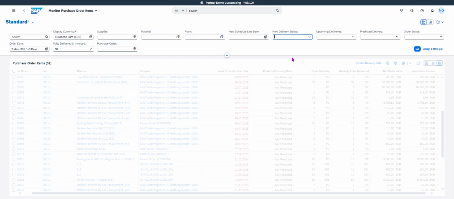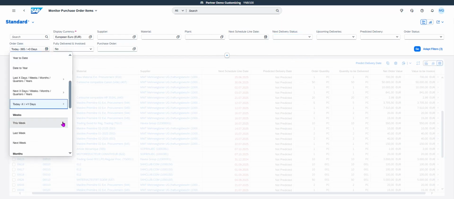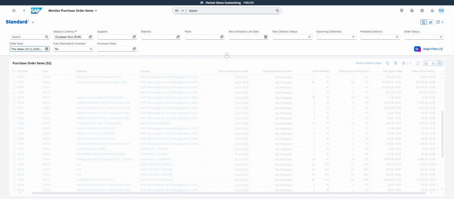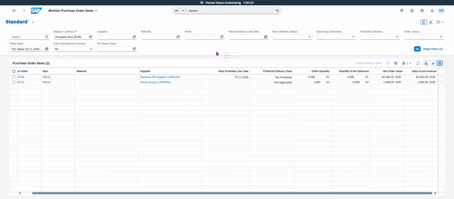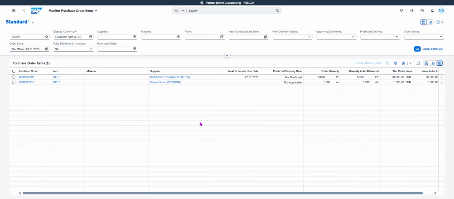For example, right now, I would like to display all the purchase orders that I've created, for example, this week. I click on go. Okay, I'm able to display that I've created two purchase orders, one from the domestic supplier and another one, and with the next line. And if I go in this one,